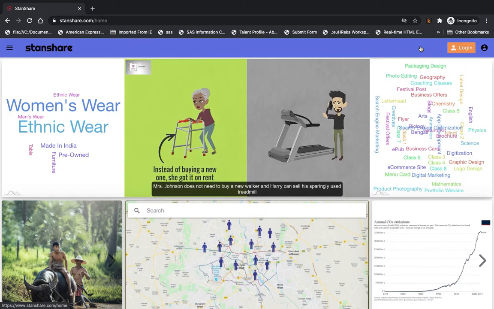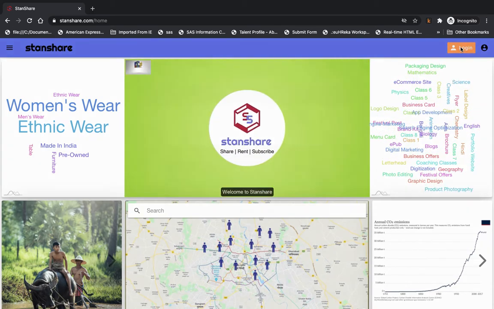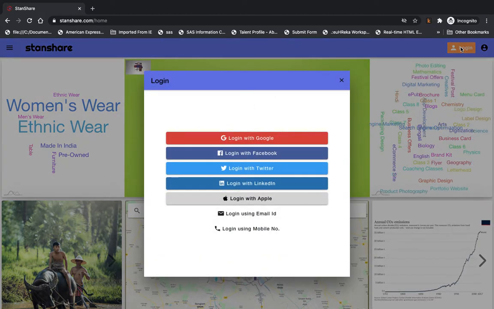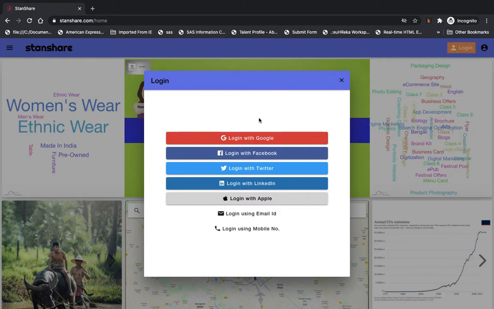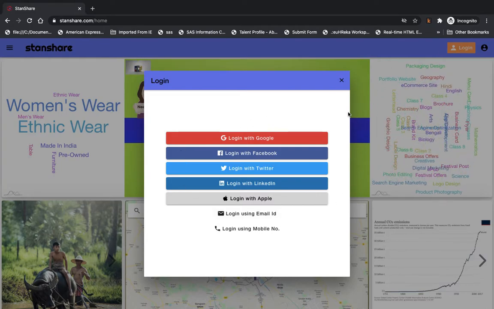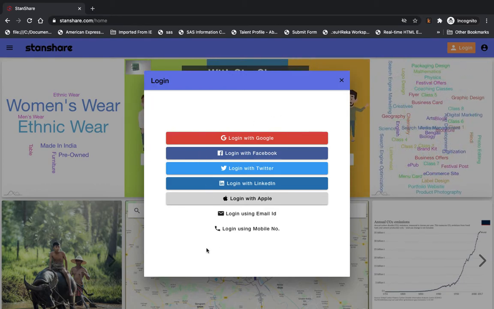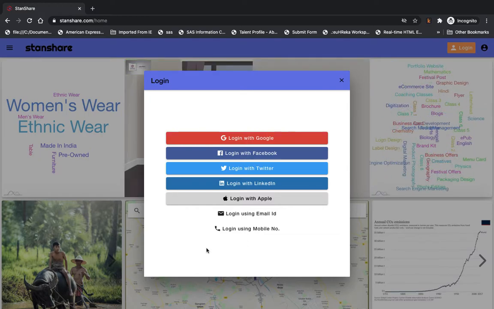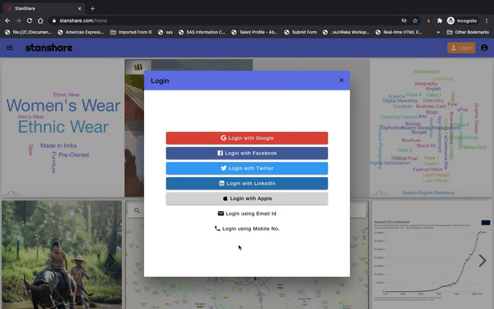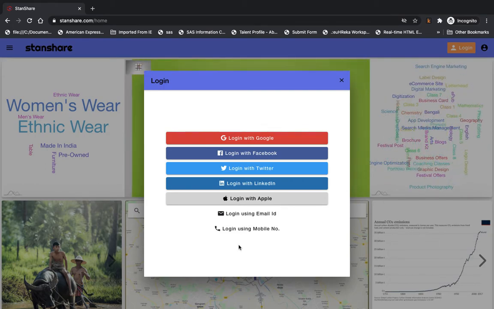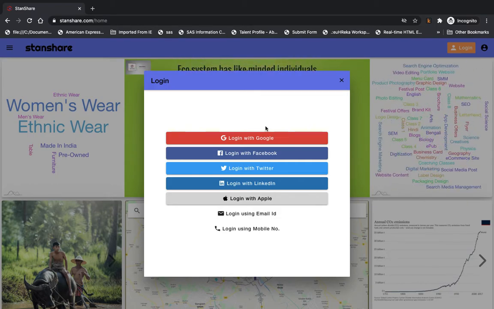All right. So first, I have to go to my login button to show you how exactly to log in. So I have an option. I can log in using any of these alternate options, and all are equally good. But if you are selling for the first time, the best suggestion would be logging in using the mobile number, and you can later add or link all these social media accounts, and you can log in with any of them. So all of them would be grouped.